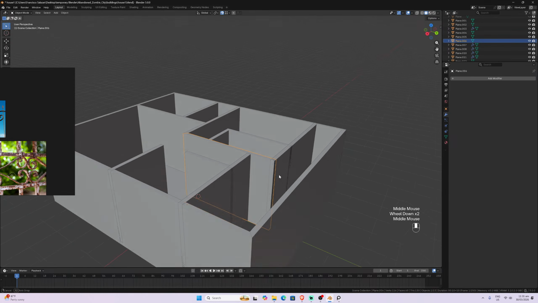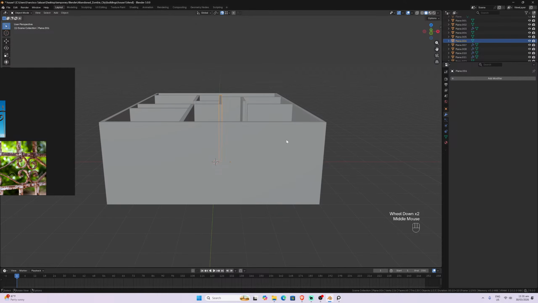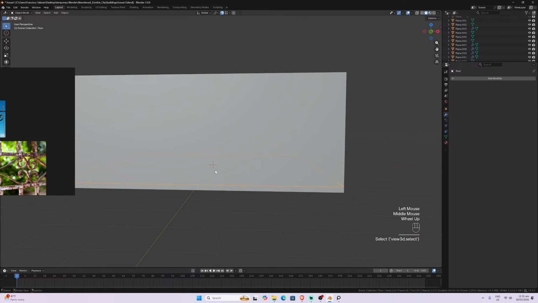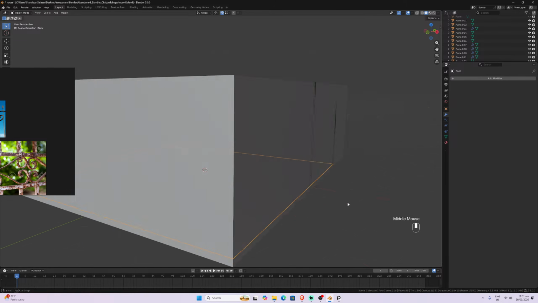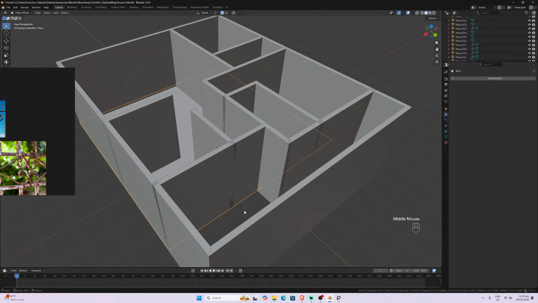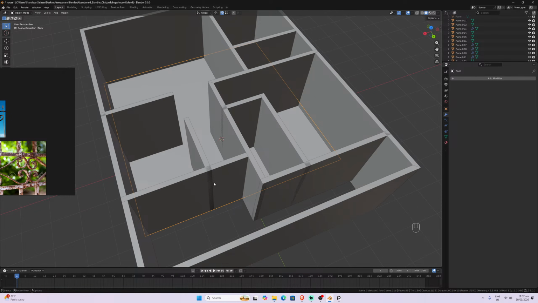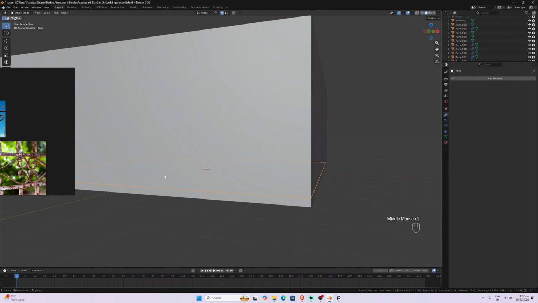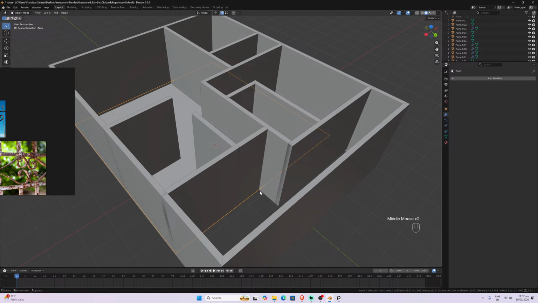Here I need to make this wall a little bit bigger because we have the floor level a little bit up here, 15 centimeters up from the ground. This is the ground, and the backyard floor is going to be the same level as the street. That is also very common. And if you have another house that is a little bit higher up from the ground level, you can have the same thing.